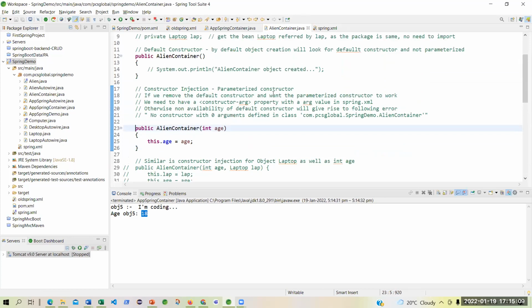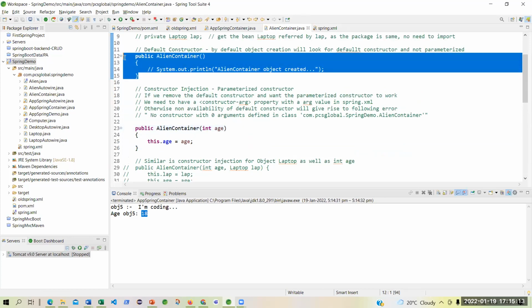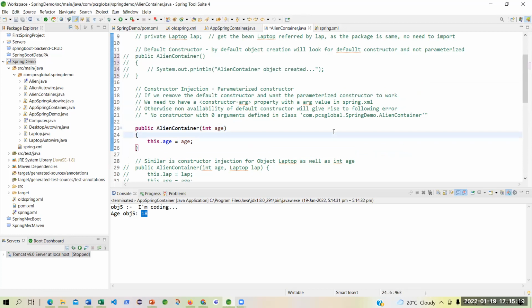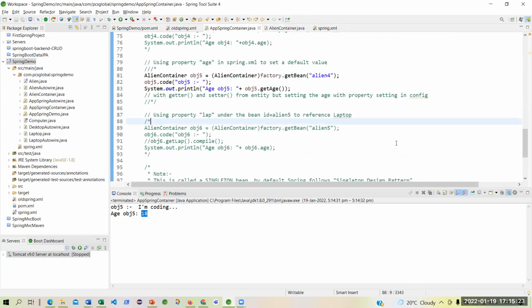Okay, then you can say, sir, can we take out this because you have one constructor that is fine. Can I take this default constructor out? Let me see. Maybe it might work. I don't know. I'm running this again. So I'm trying to get this age, which is, I'm going to get this entire thing. Let me see whether it works.